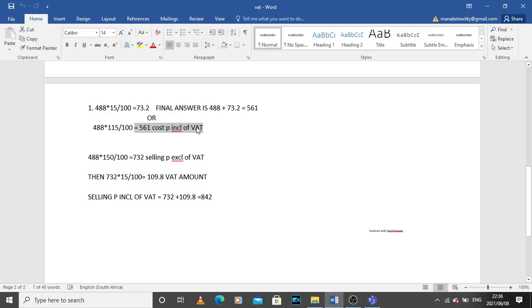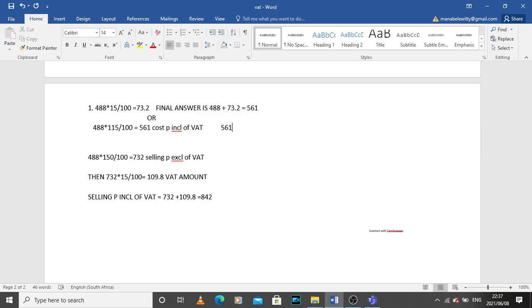So it's either you go the longest way or you go the easiest way. And remember, this is going forward, from your cost without VAT to the cost with VAT. So if, for example, you are given